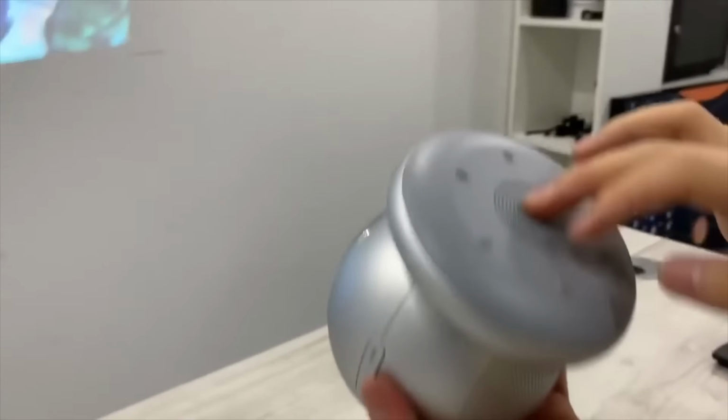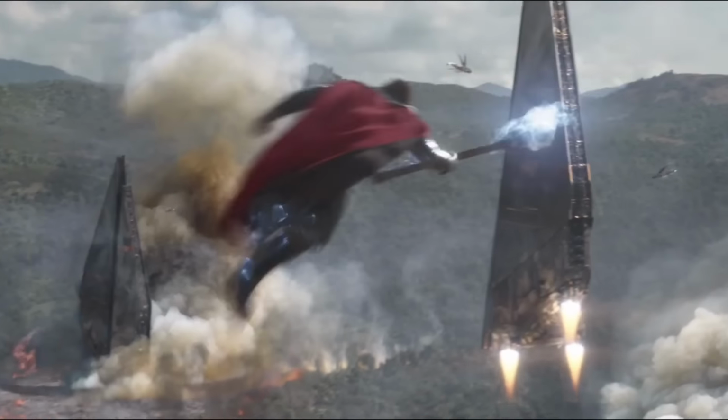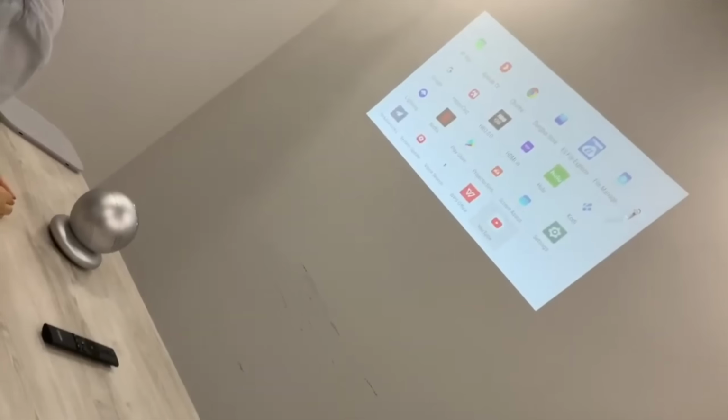Battery life on this projector is up to 5 hours and supports between 2K and 4K viewing quality. While the quality projected could be easily mistaken for the most expensive television brands out there, the Gazer projector's cost